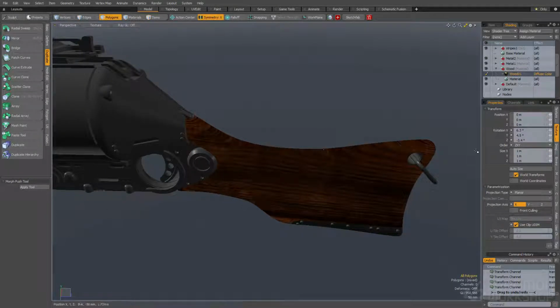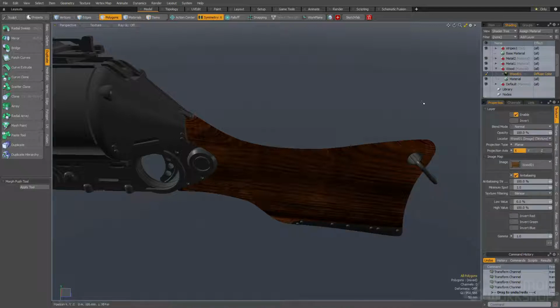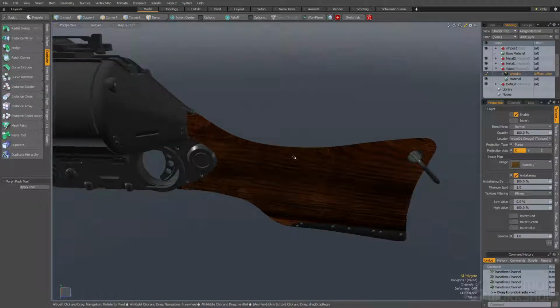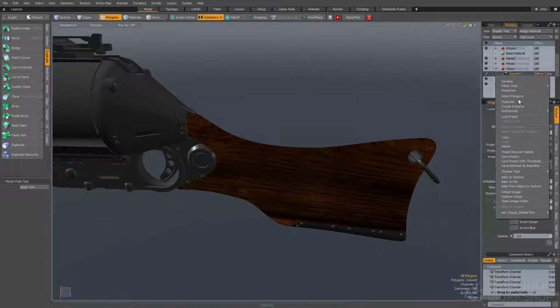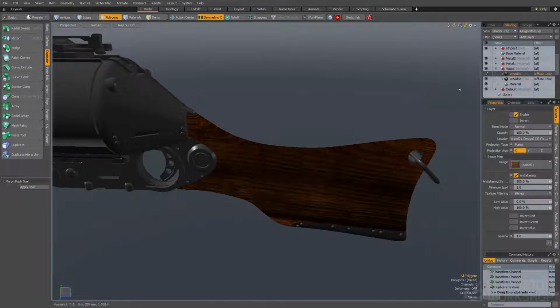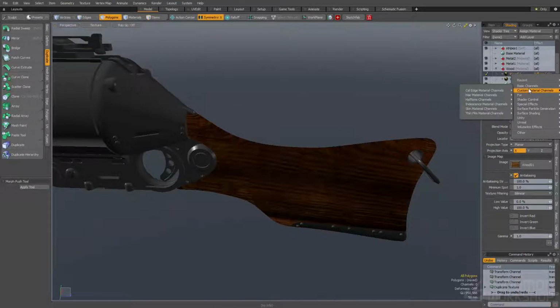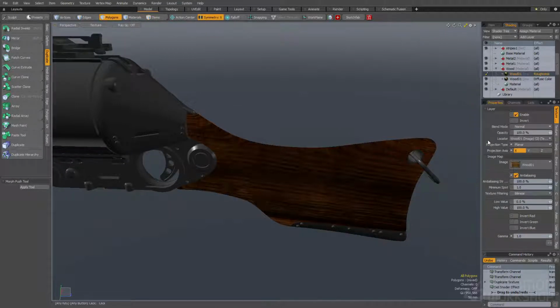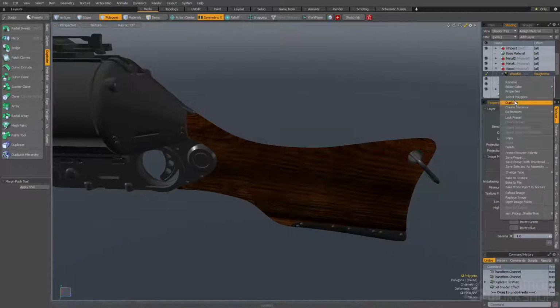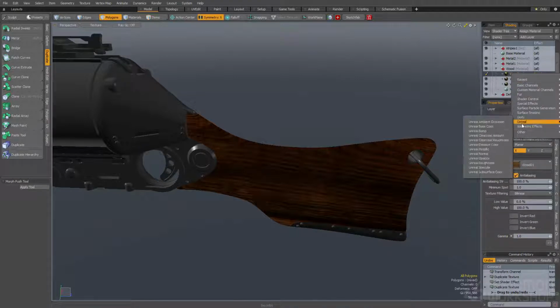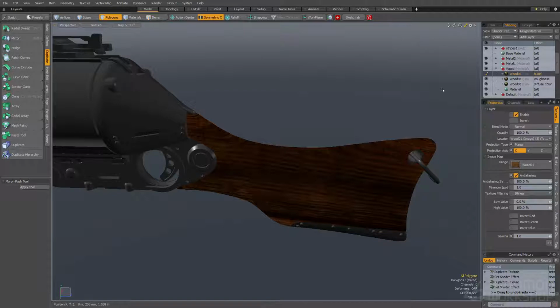So that's the diffuse color, but we want to add this one in the other channels as well. So I'm just going to take this one and instance it, or actually no, I'm just going to duplicate it, and then set it to the roughness channel. I'm going to duplicate it again and set this one to the bump channel. But I'm going to have to tweak these values to make it look right. So I'm going to bring up the